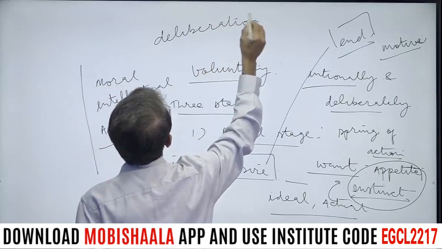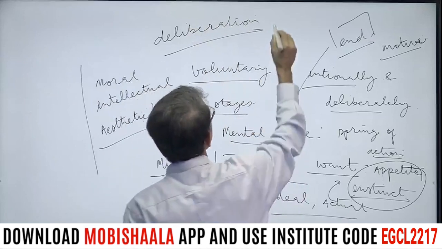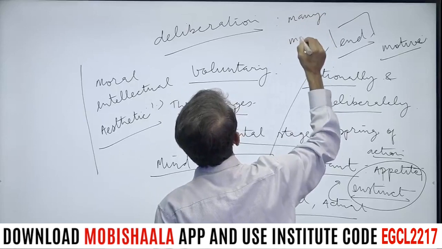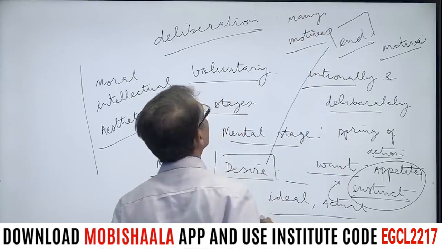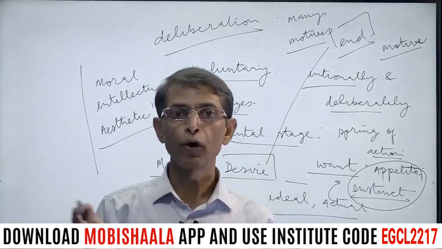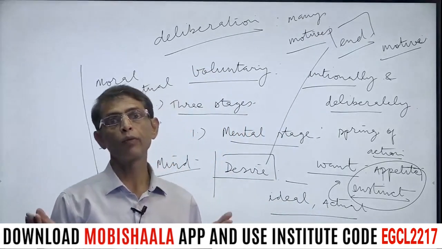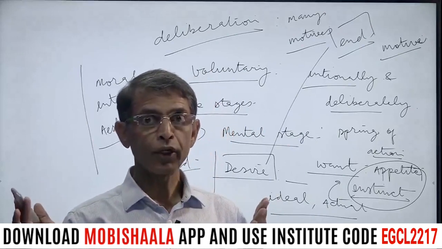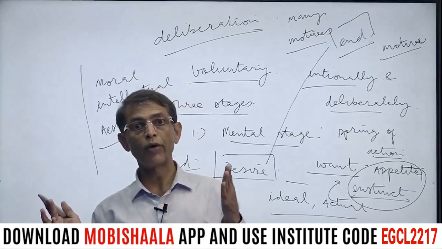And what is deliberation? What happens when he has a conflict of motives? He has many motives. Then what happens? Then he thinks about all the motives and weighs them in a balance and perceives the pros and cons of the motives, or you can say, of the action. Now then he has to take action. And now this voluntary action, we are discussing this voluntary action.